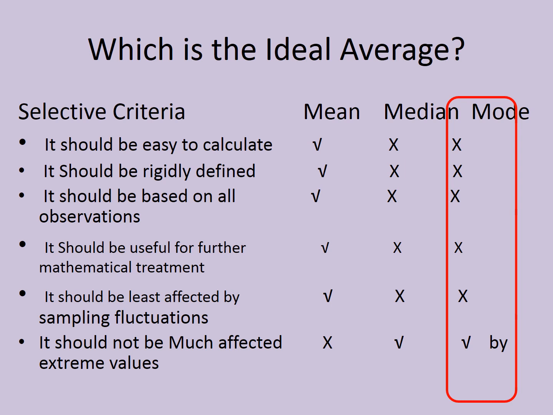Out of three, median and mode can be calculated by graphical presentation also. Mean cannot be calculated by graphical presentation. But to comment on that, mean is the most commonly used measure of central tendency. And remember, in your exams we can give you a data set and expect an answer like a comment on which is the most commonly used or most appropriate measure of central tendency for particular data.